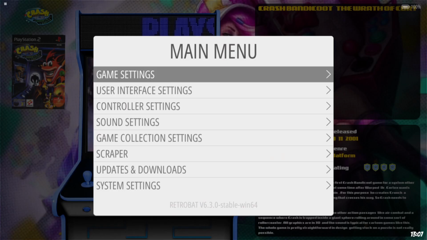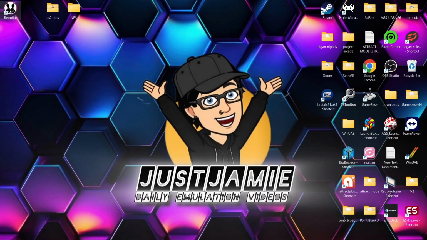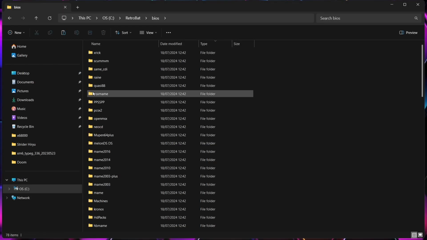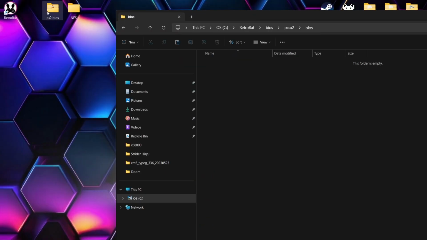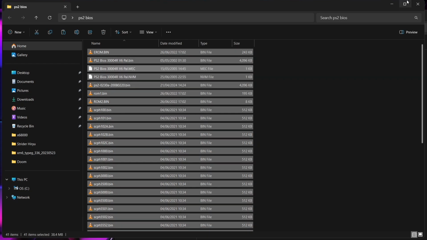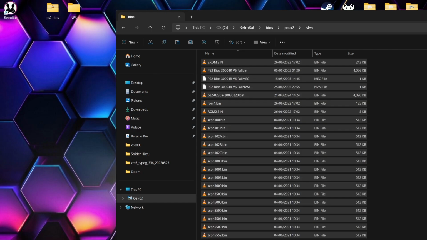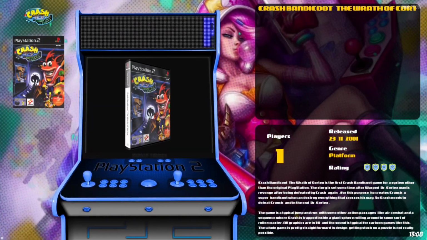Now I do need to come out of Retrobat because we need to put BIOS files into a different folder for this. So menu, and we're going to go to quit, and here we go. So if I go to the Retrobat shortcut, open file location, we're going to go into the BIOS folder, and we're going to find PCSX2 here, and we got a BIOS folder inside of here. Now for this particular system, I need to drag and drop my BIOS files inside of this folder. If I then open up Retrobat again, go back into my game,